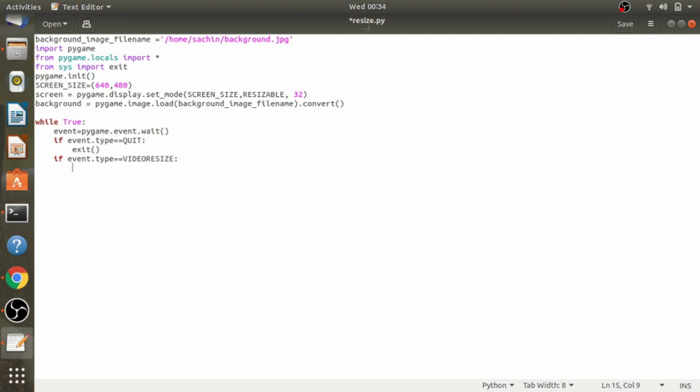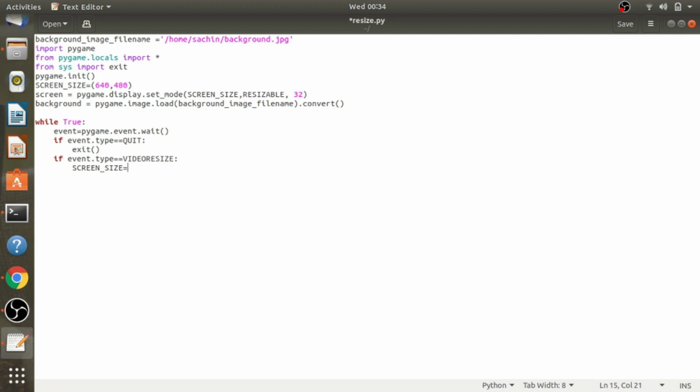Size is a tuple containing the new dimension of the window. Size 0 is the width and size 1 is the height. W is the new width of the window. It is the same as the value size 0, but you can access it directly. And h is also the height of the new window, and it is also the same value as the second value of the size tuple. So the second value of the tuple is the height and the first value of the tuple is the width.